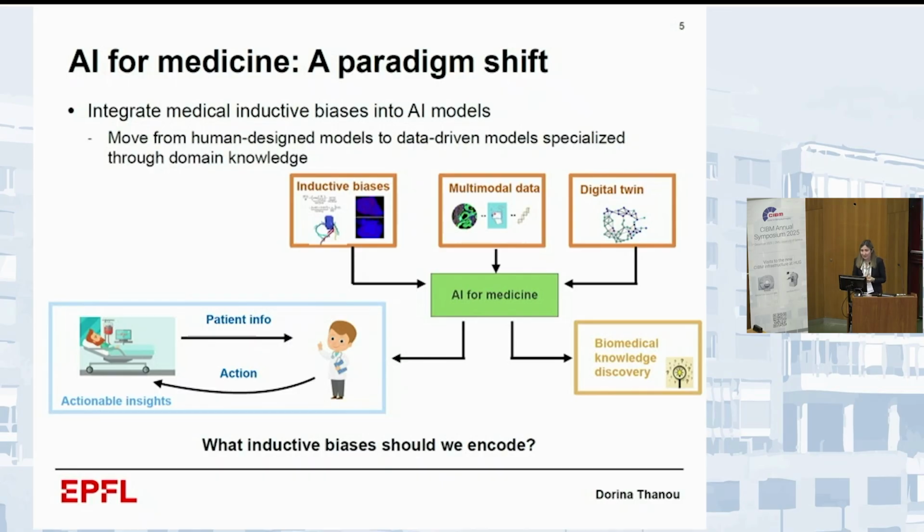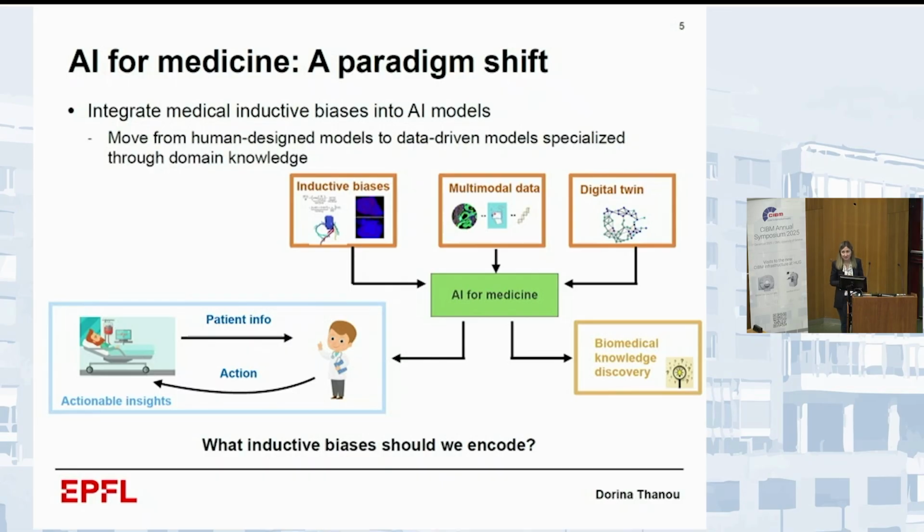So the way that we like to approach this sort of problems, of course, from an AI perspective, is that we would like to think of developing AI tools in which we introduce the inductive bias coming from the application domain. Meaning, if we have prior knowledge about the data, if there is knowledge coming from biology, from clinicians, or physics, that knowledge should be introduced in the design of the algorithm in order to be able to develop more generalizable and robust models that can eventually be used either for, as I said,